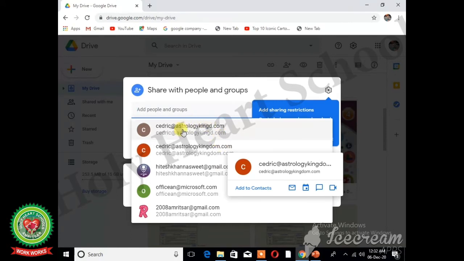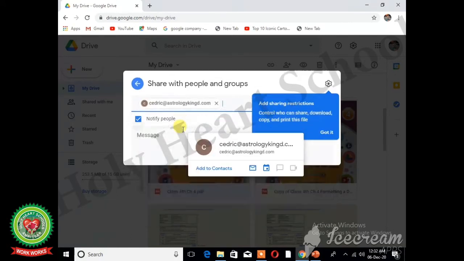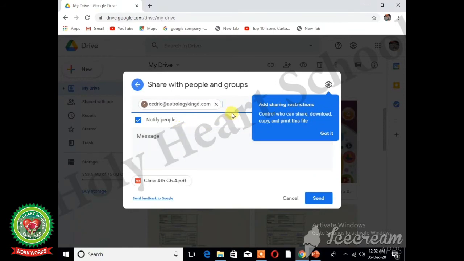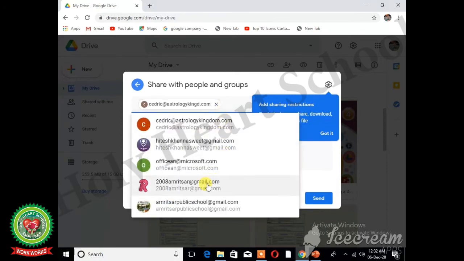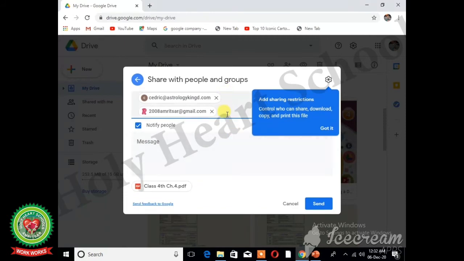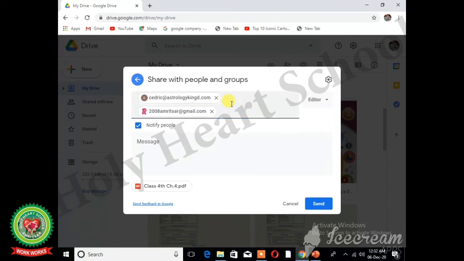For example, first one. Then again you will click over here and select any other email address with whom you want to share your file. So in this way you can select multiple people with whom you want to share your file.